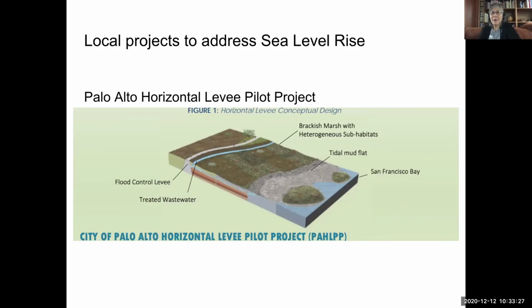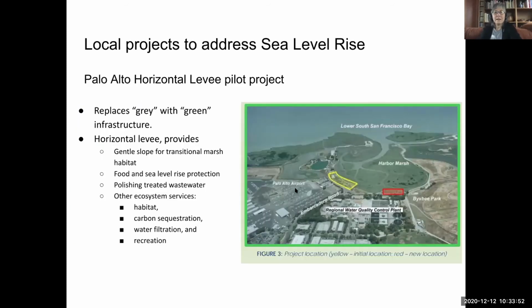It's especially a problem in the San Jose area because they have many more millions of gallons of fresher water coming from their treatment plant. But we have to be careful not to add too much water that's not salty, or we'll lose the pickleweed and cordgrass habitat. But anyway, it's going to be a really interesting project to watch, and hopefully it's successful, and hopefully the funding will come through to do more of it. So this is where that's going to take place, down here in the Baylands. The yellow, I'm sorry, I've blocked us with our pictures here. The initial location,